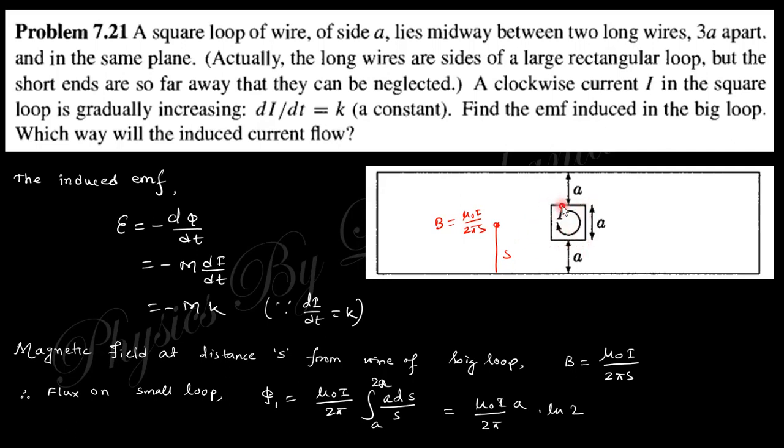Here current flows in the small loop, and you need to find the EMF induced in the large one. The mutual inductances are equal, right?